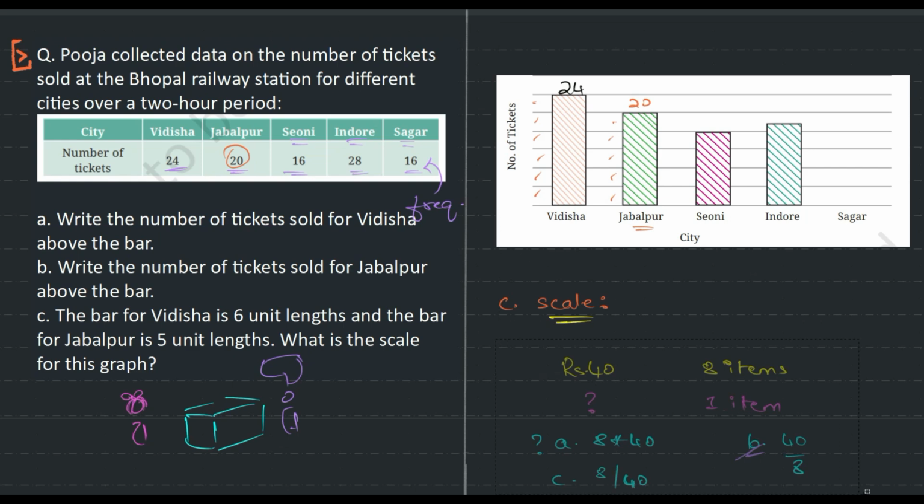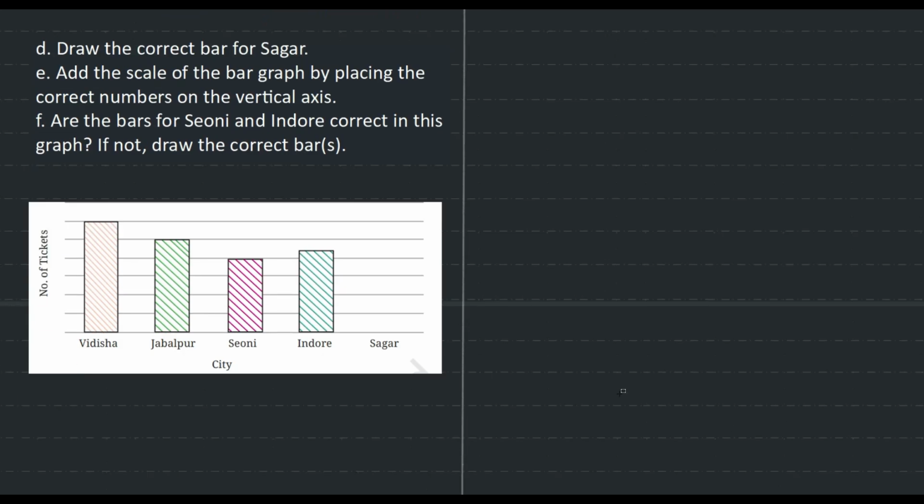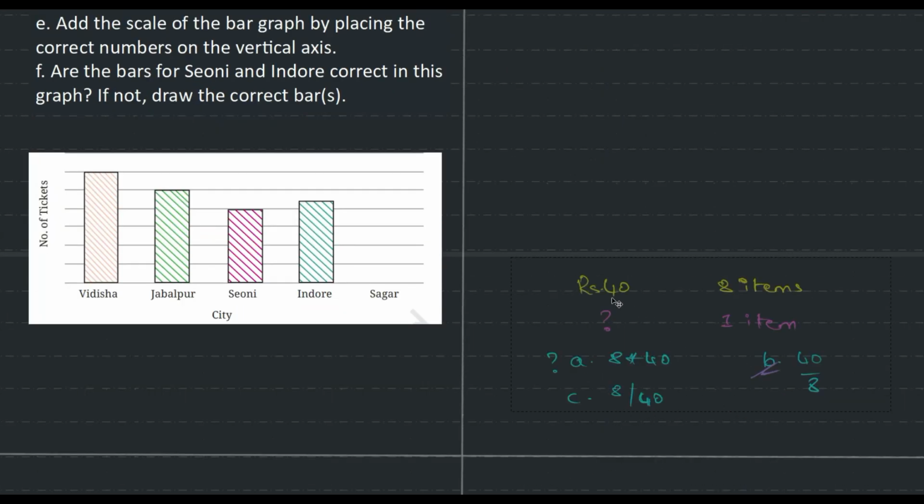Let me just copy this for you guys. Again, this is not exactly part of your discussion over there, but this is needed to understand. So what happened over here? For 8 items, it is 40. For 1, how much will that be? What is the operation we did over here? Yes, we took up the division. You guys agree? So we took up division to come to this conclusion, solving this particular unknown.